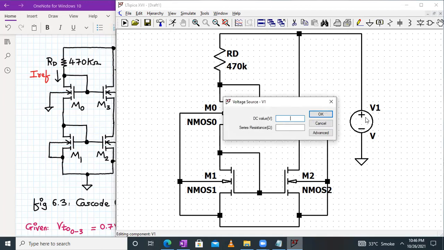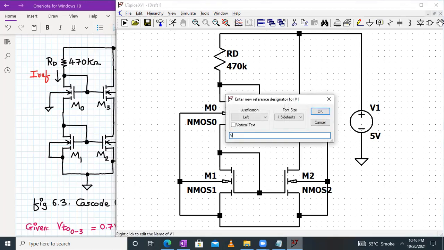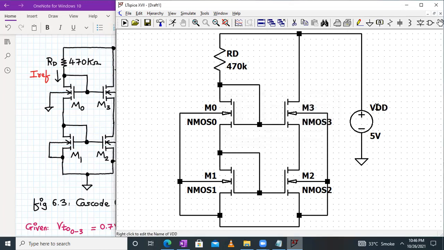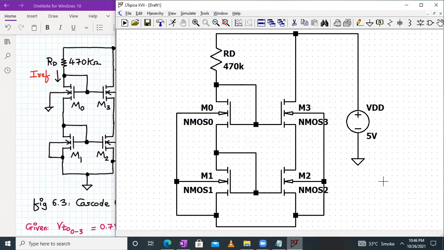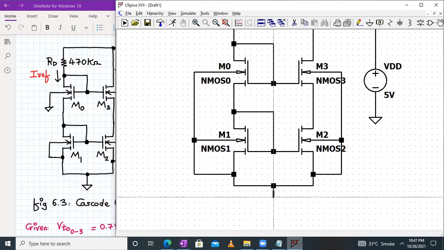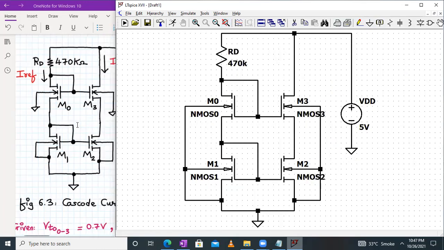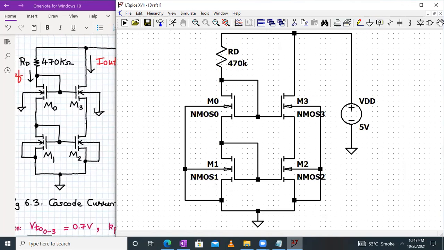This supply voltage is 5 volt, so we can give 5 volts over here. This is VDD. So more or less the connections are complete. We have to now define the common ground over here. So we'll add the ground over here. Here it is. So now the circuit looks complete in entirety. All the values are there. As you can see, if you compare it, all the connections have been made.